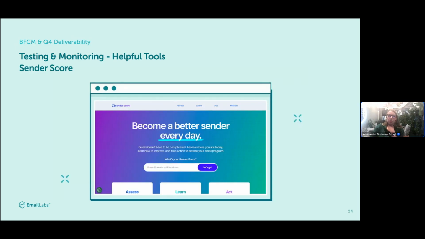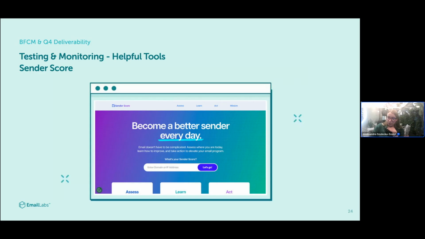And another very helpful tool, SenderScore. We usually use SenderScore to test the IP addresses used for sending, and it shows you a score. It can be from 0 to 100, and it also shows you a graph with your IP reputation, usually a month into the past from the day that you are testing it.